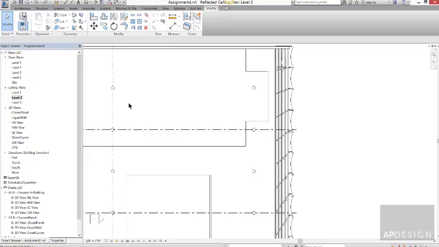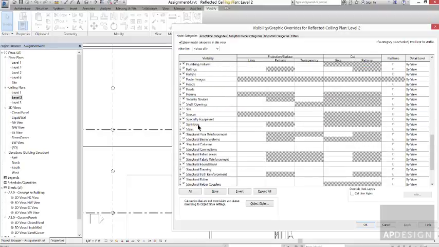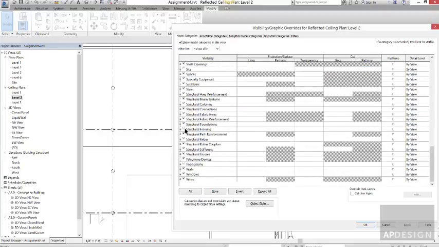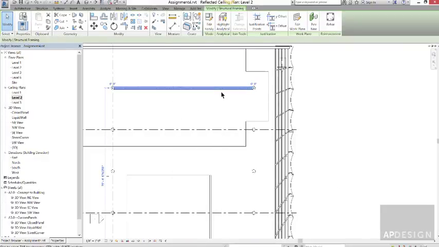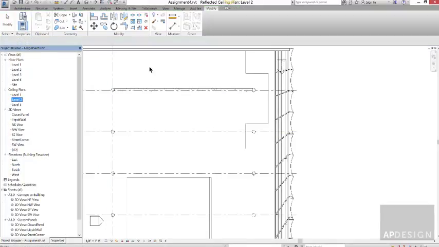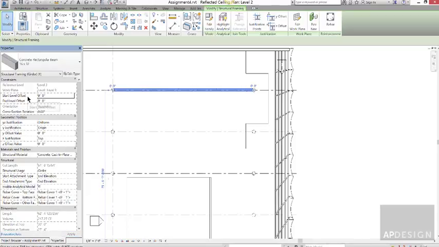what you're going to do is hit VV so we can get the visibility graphics up, and you're going to go down to structure, and you'll see that structure framing is not clicked. So if you apply that, that'll only apply it to this view, but you'll suddenly get to see, and then we'll need to have those showing so that we can modify them according to what we want to